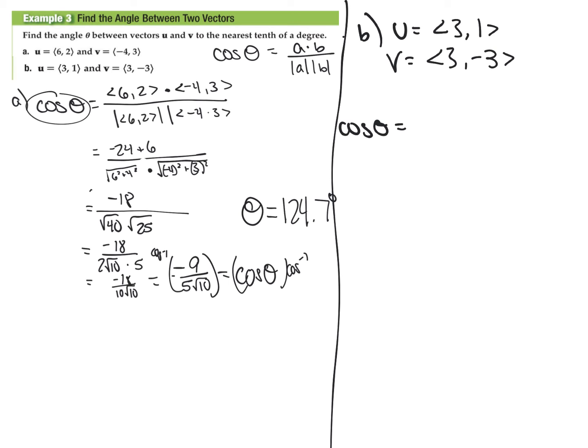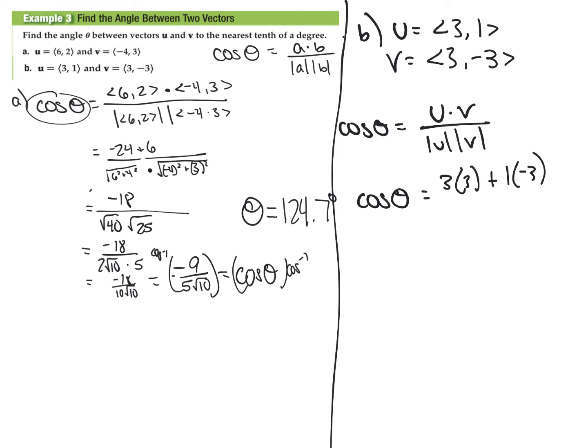Cosine theta equals the dot product of u and v over the magnitude of u times the magnitude of v. The dot product of u and v, that's 3 times 3 plus 1 times -3,